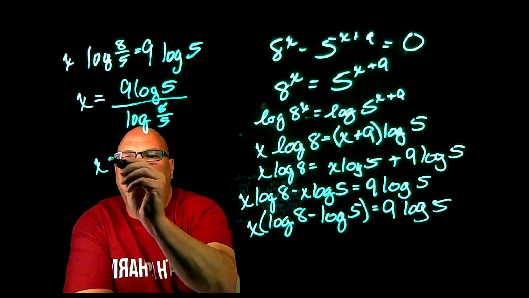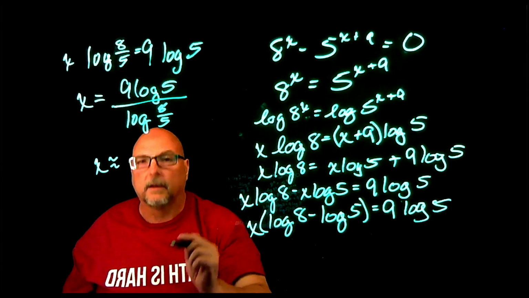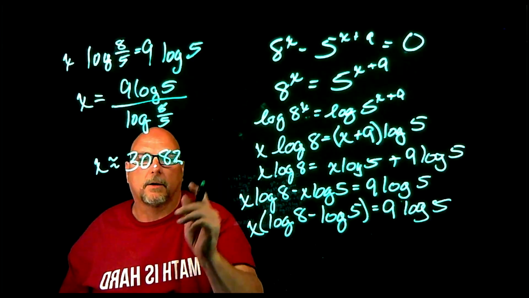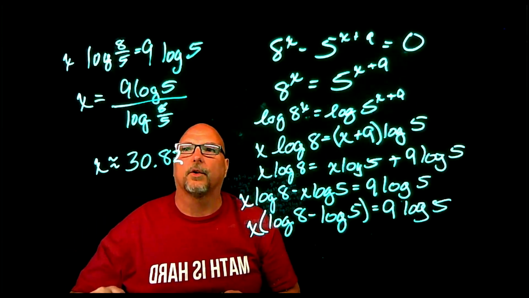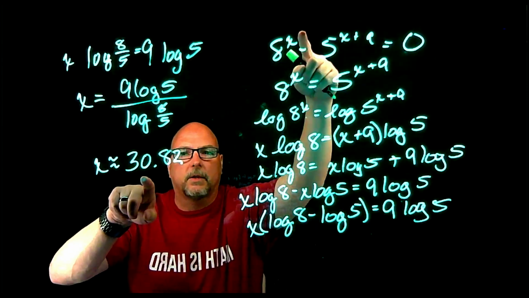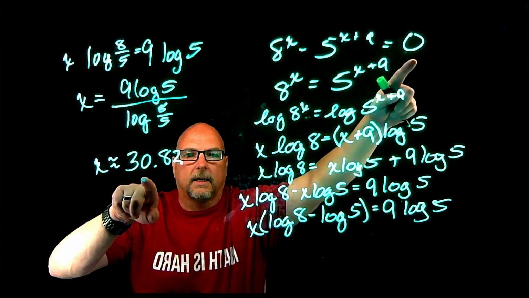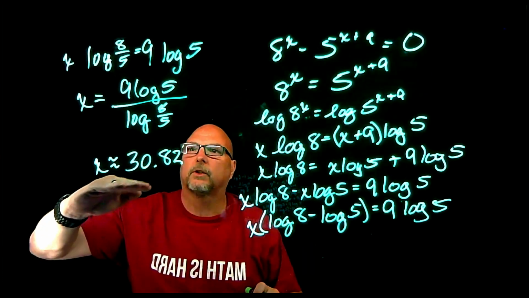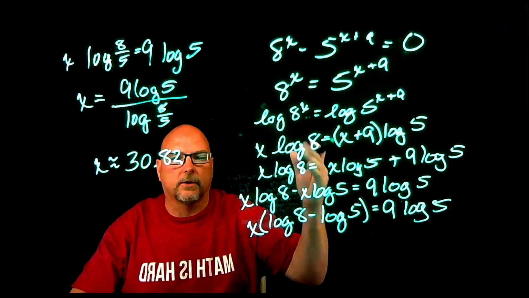And I previously typed this into my calculator, so let me get you the decimal approximation. It's about 30.82. In our pre-calculus classes we usually go to 2 decimal places unless they say to go to more. But 30.82, so that means this, if it's substituted way back up in the beginning for x, should make an equation that's true. And it does. I checked it, so I'm just trying to show you how to get the x in these equations that require